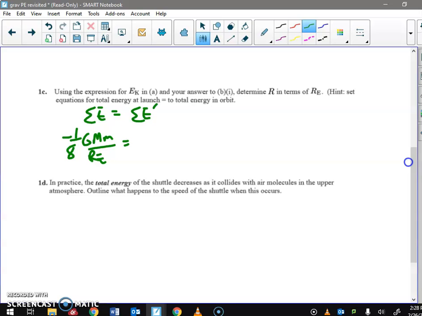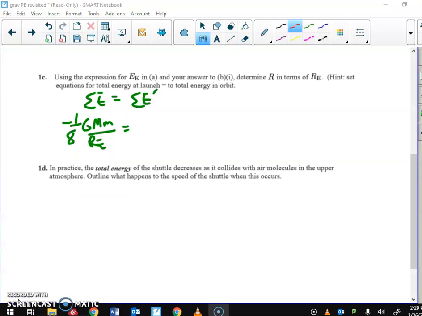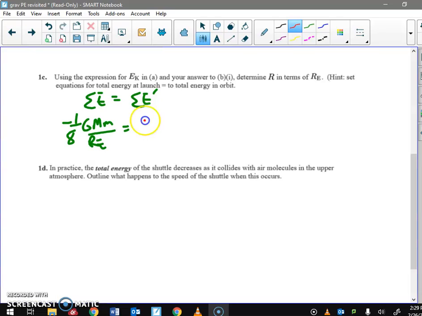Sorry, let me step back for a second. Our total at the beginning is the sum of the potential and kinetic, and we already saw in 1b that that has to equal the total orbital energy, which is -GMm over 2r. So what I'm solving for here is r, where this is the r of the orbit. If I do the algebra, I see all the G's and the m's cancel out, and I end up with basically